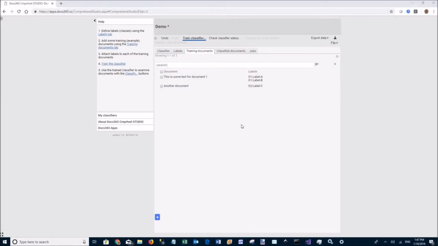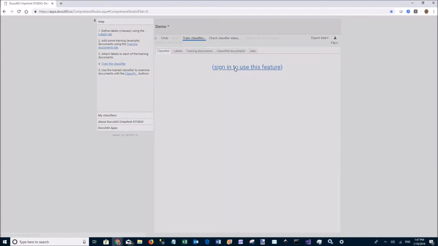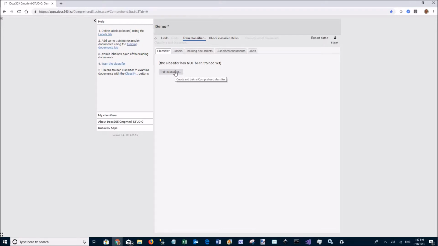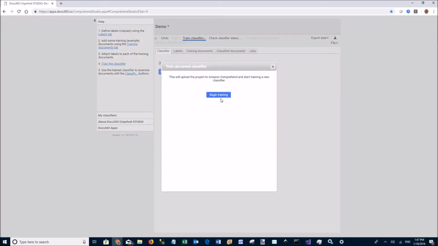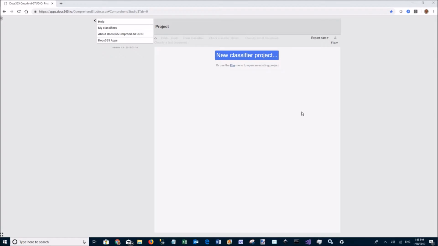So when it's time to train your classifier, you go to the classifier and you need to sign in via Google to get access to the cloud. So there I am logged in and the classifier has not been trained. I will click train classifier here and say begin training, and that will upload the data to the Comprehend cloud and start the training. But instead of using that small demo project I just created, I'm going to create another one,